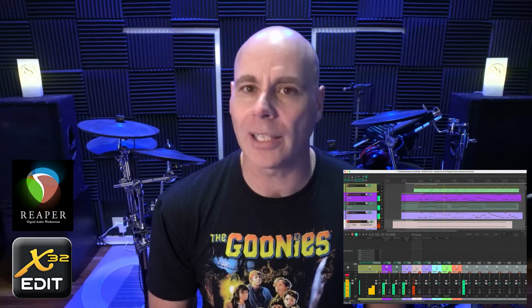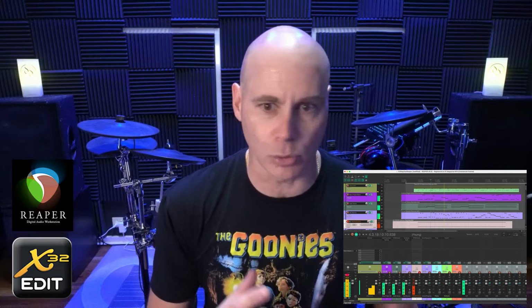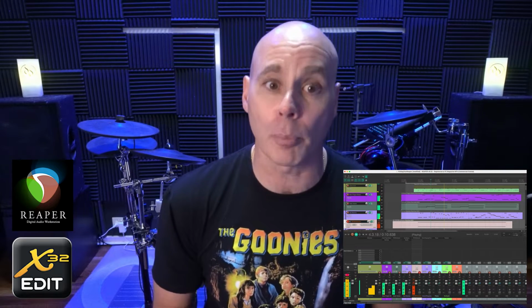And I think it's widely used enough now that even if you're just getting into backing tracks and DAWs and all of that stuff, you've probably got a copy of Reaper that you're learning to use. We also need to make sure that we download and install the XUSB Behringer drivers. These are the drivers that will install into Windows, so it will understand how to run the Behringer X32 with all of the things that we're going to be doing today. Once we've got all of those things installed, we are ready to go, so let's get into it.